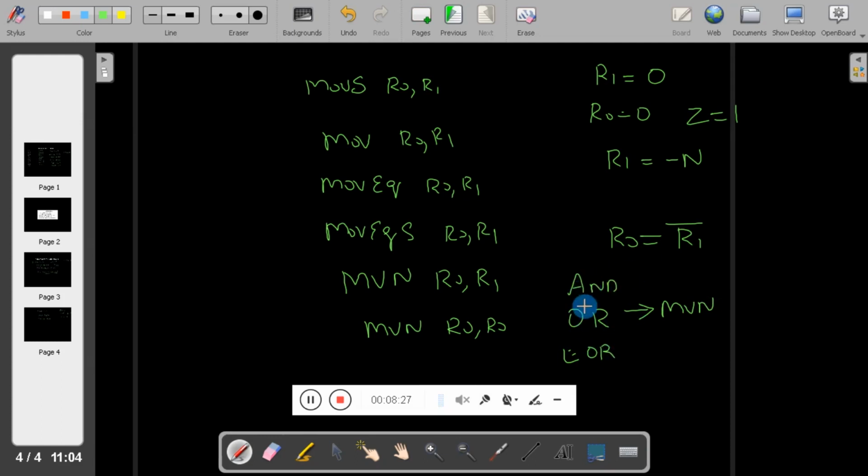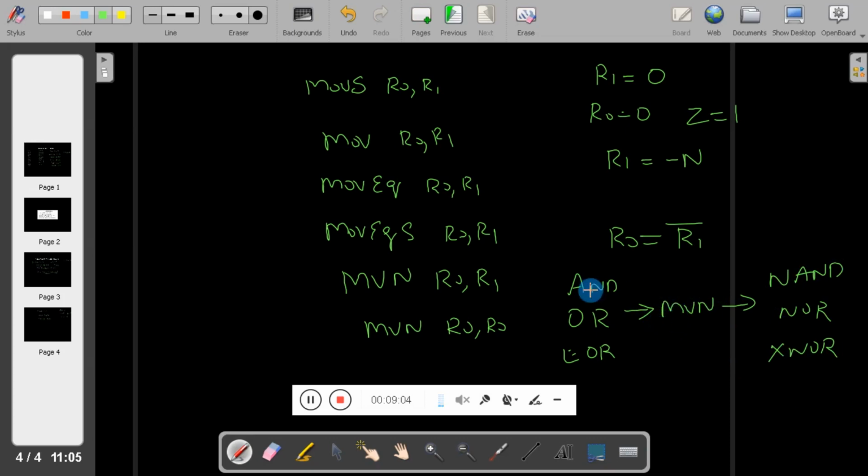The AND operation with MVN will create NAND, the OR operation with MVN will create NOR, and the exclusive OR operation with MVN will create XNOR. So in order to derive these operations, we need move not. So what will move not do exactly? It will transfer the negation of this value to the particular register.